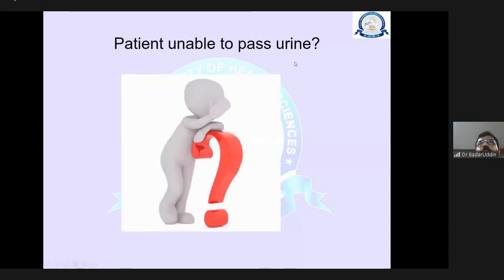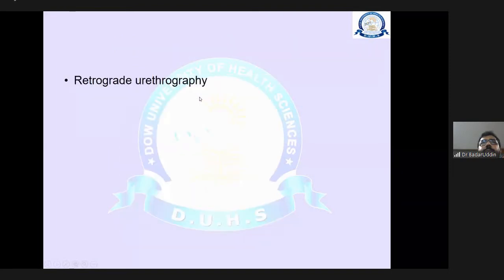So once the patient is unable to pass urine, you should keep in mind what the problem is. Either there is a bladder injury, so urine gets leaked into the peritoneum, or there is an injury in the urethra, so urine can leak into the scrotal area. So this should be clear. Or there is trauma to both these areas, so urine doesn't come out. This is a key that will tell you how much urine the patient is passing. Once there is no urine, you should suspect bladder rupture, with urine leaking into the abdominal side.